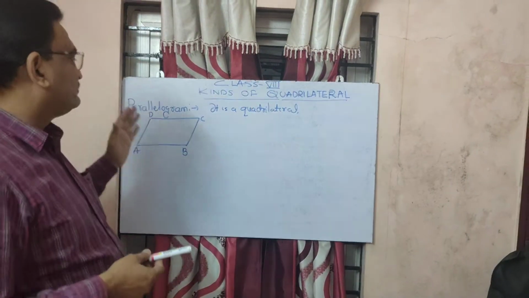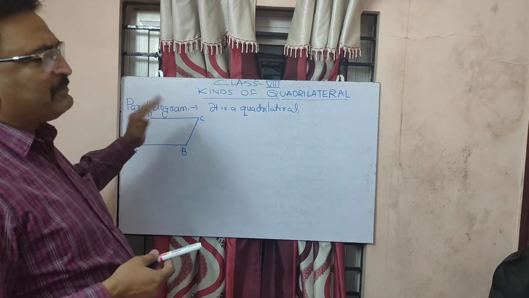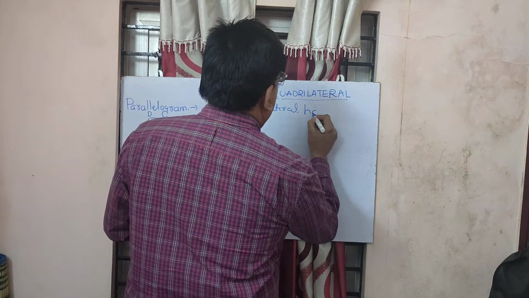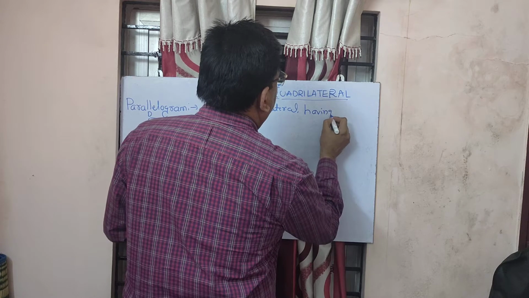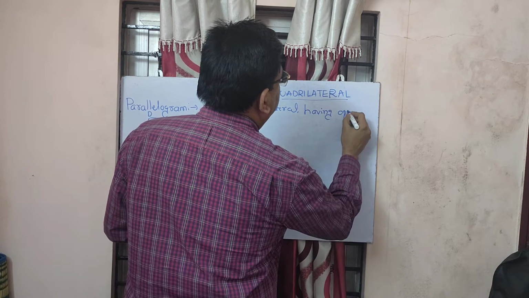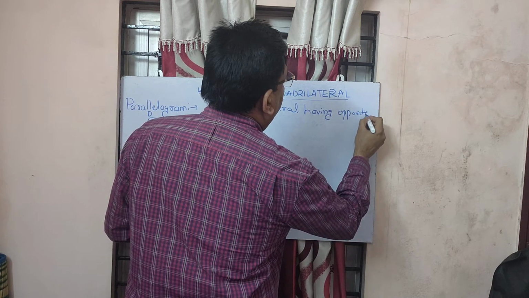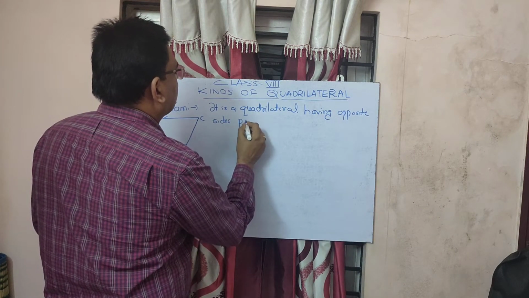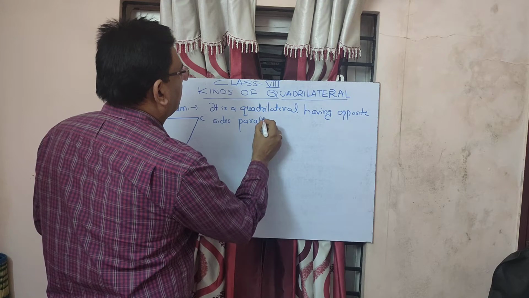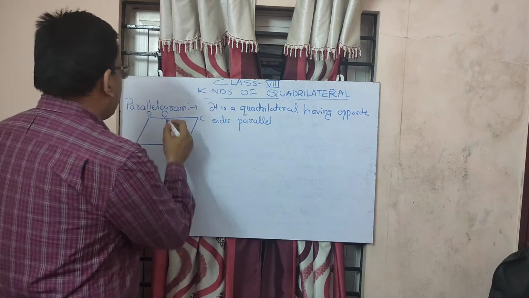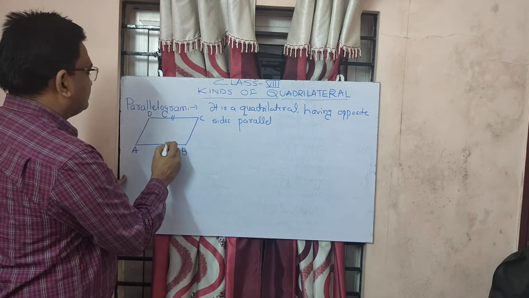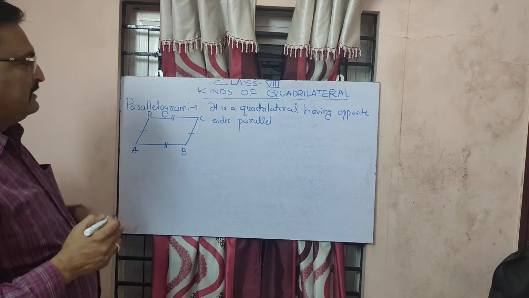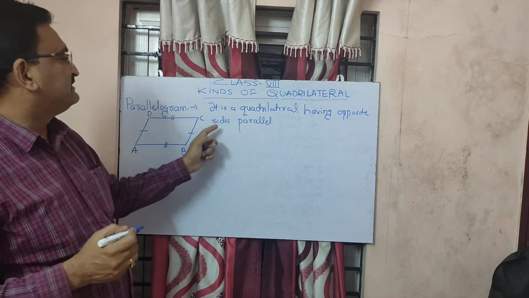Now it is also a quadrilateral. What is special about this? A quadrilateral having opposite sides parallel. Now this is parallel to this and this is parallel to this. It is a quadrilateral having opposite sides parallel